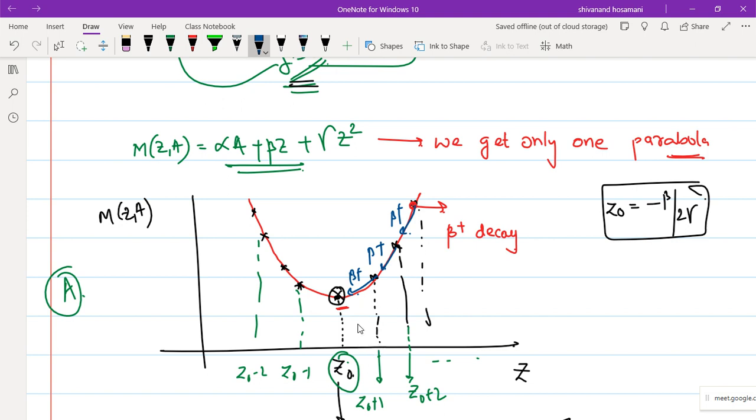All the nuclei which are on the right side of Z naught are going to undergo beta plus decay. Okay. Then the elements which are at the left side,